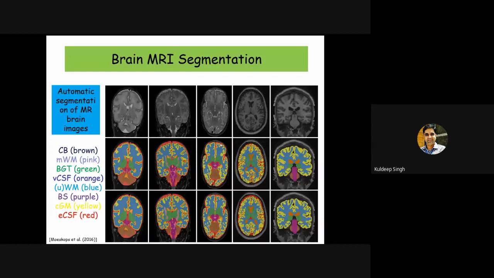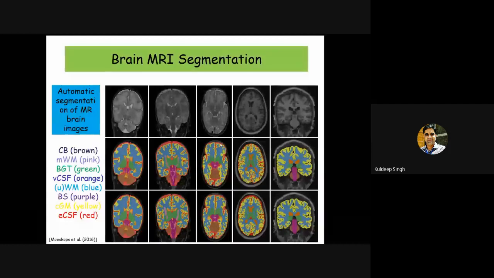Another area where deep learning has been extensively utilized is MRI. The modality is the MRI. Specifically in the case of brain MRI, the segmentation of brain MRI is being done using deep learning algorithms, and the human brain contains different types of fluids, and